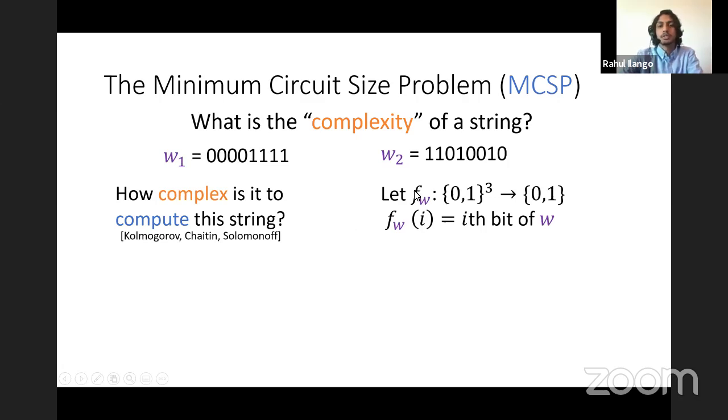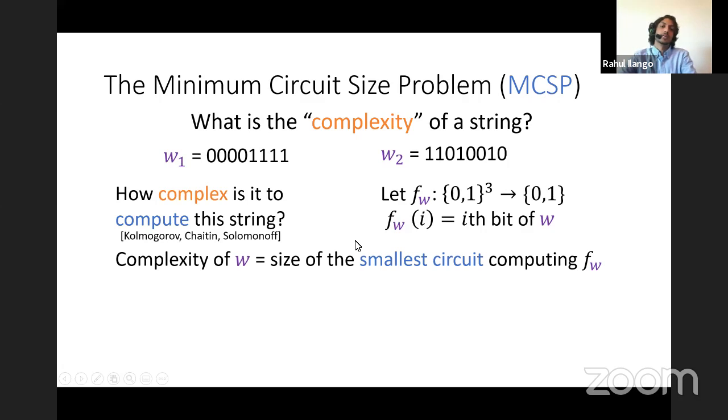So f sub w is going to be, you get to input in binary what bit you want, and then it's going to output what that bit is. And then you can ask, how complex is this function? For us, the way we're going to measure the complexity of a string is: what is the size of the smallest circuit computing this function? What is the size of the smallest circuit that outputs the ith bit